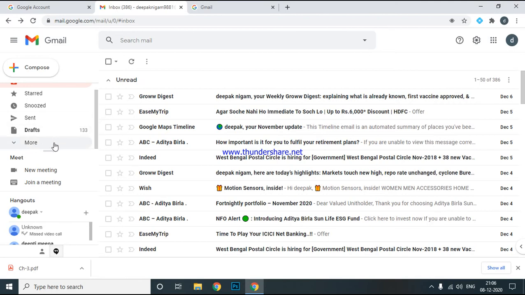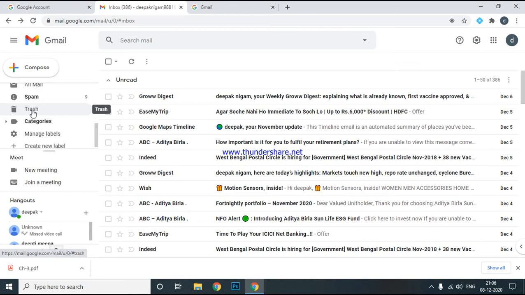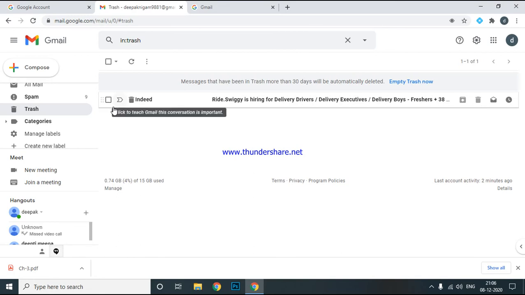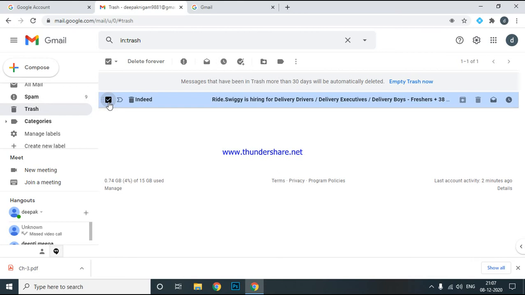Now click on more. Look, the trash button is here. When we click the trash button, it looks like a recycle bin of the mail. Now you can see these mails here, and if you want to recover this mail to the inbox, click on this mail and click on the move to button.